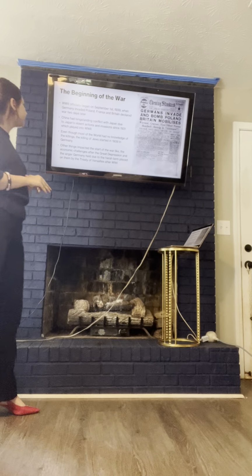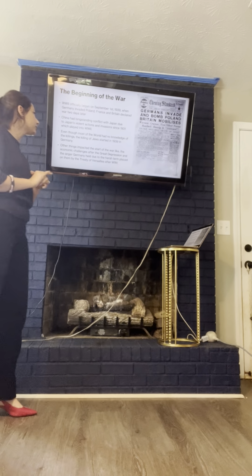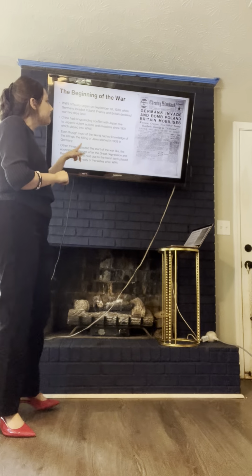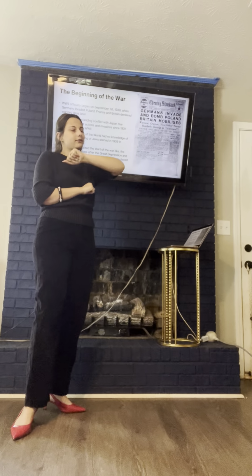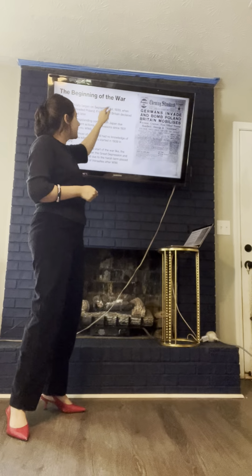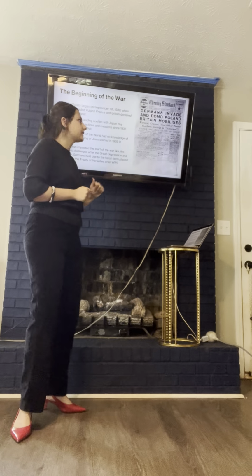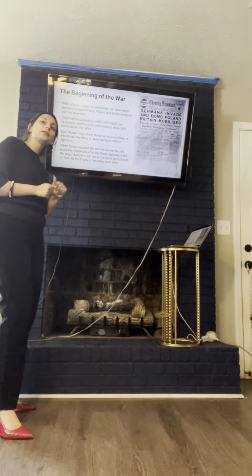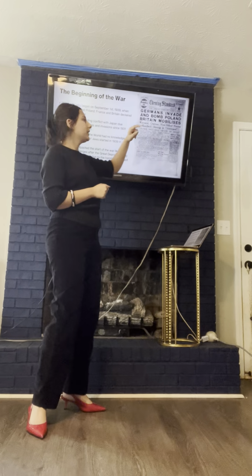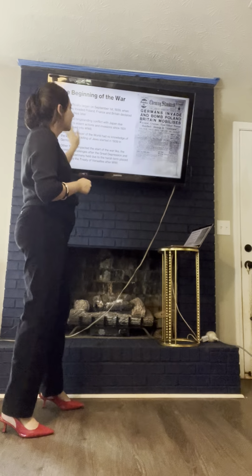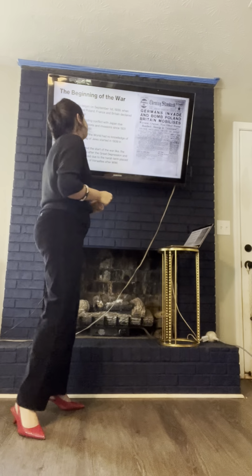World War II officially began on September 1st, 1939. Make sure that when you are writing the dates that you're paying good attention. It's very easy to mix up numbers, and these are going to be very important for later assignments and just for you to understand what's going on, because if you write down that this happened in 1949, it's not going to make any sense with the rest of the information we're about to learn.